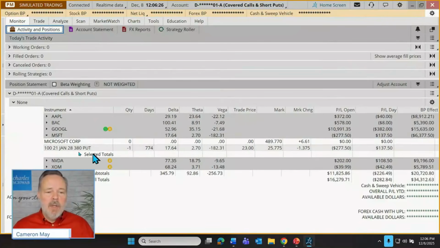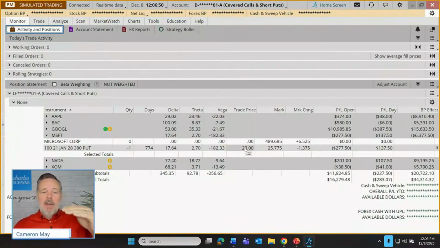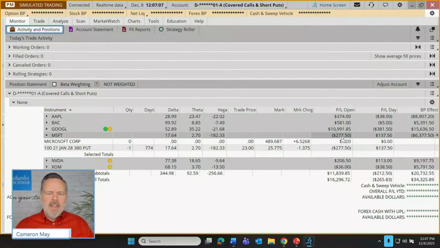Microsoft, we have a short put here that we sold the 21st of January, 2028. So this one's stretching out 2 years from now, 774 days on those contracts. We collected $23 on these contracts. What we're hoping for here is maybe a temporary run to the upside sometime in the next couple of years. Hopefully, before the stock has gone too far down, we'd like a nice little run to the upside, bringing down the value of those puts, and maybe the trader might be able to close out at a lower price. That's what we're hoping for. It hasn't happened yet. In at 23, they're worth about 26. We're a little bit underwater on this trade.